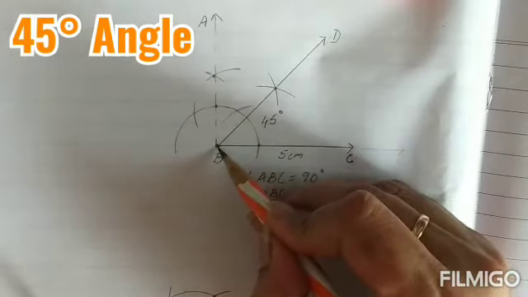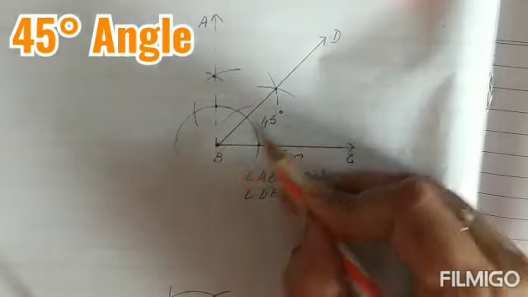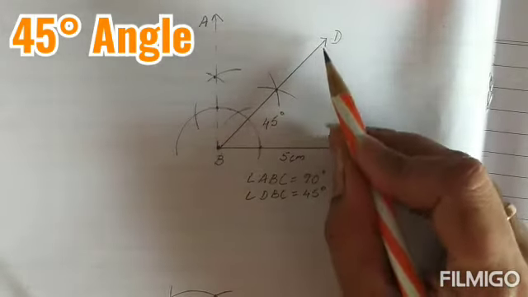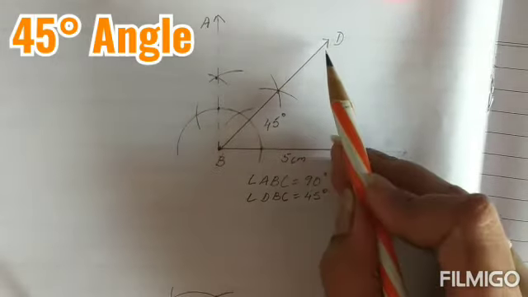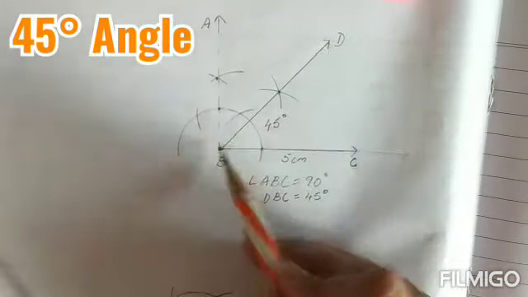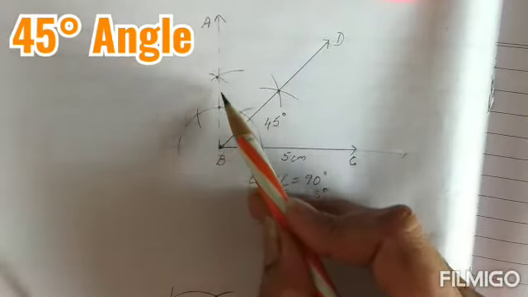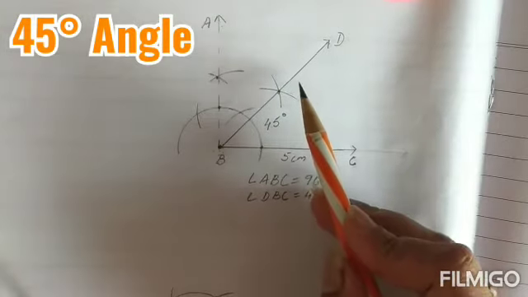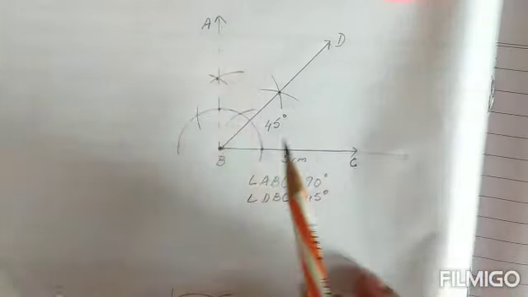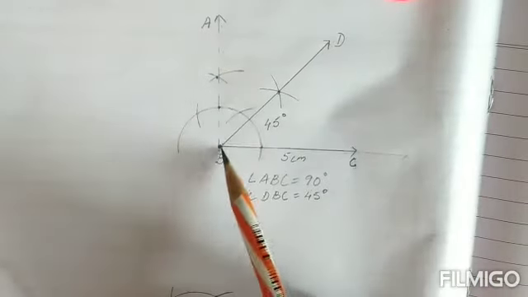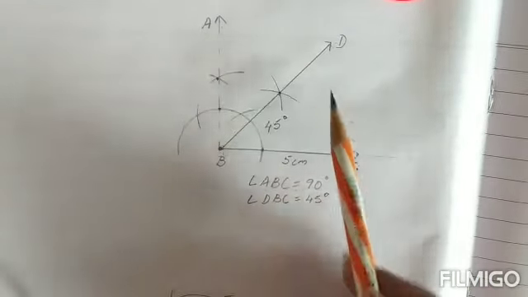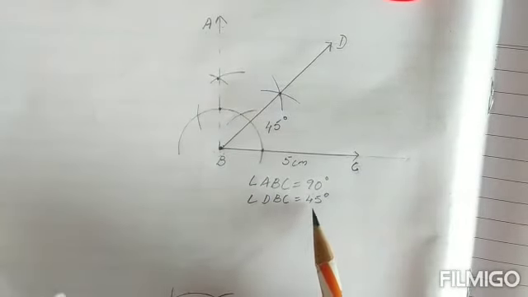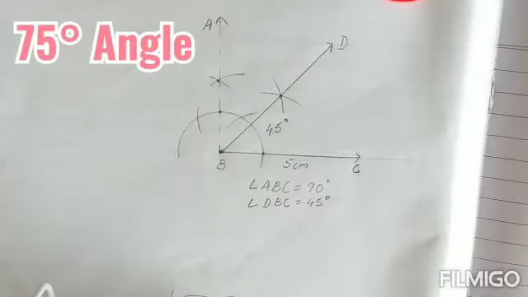And now take your scale in such a way that it is touching this and this point together, and then draw a straight line. Now this I have taken as a straight line, children, because this is my real angle of 45 degrees. This I have taken as a dotted line because this was just an angle which was taken initially in order to make a 45-degree angle. So now I have written it over here, children. Angle ABC is a 90-degree angle, and angle DBC is a 45-degree angle. So with this we complete the construction of a 45-degree angle.